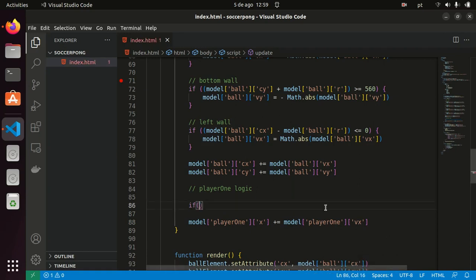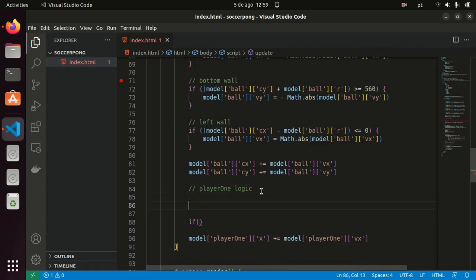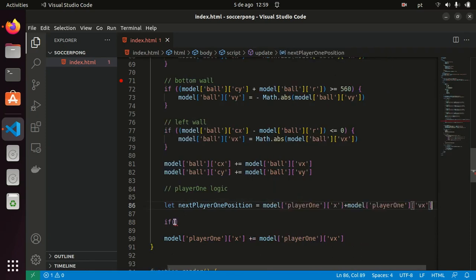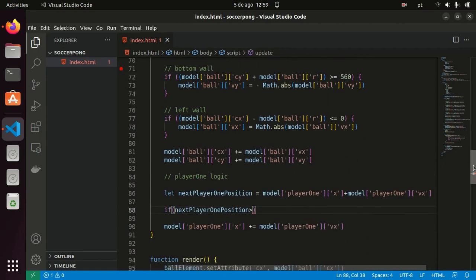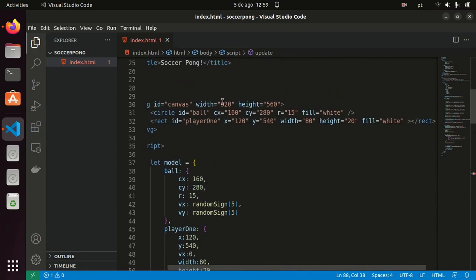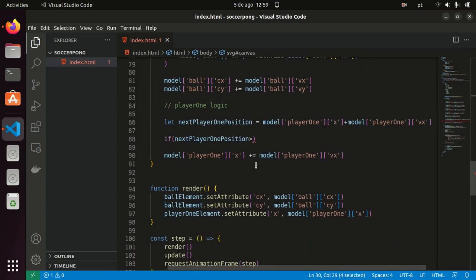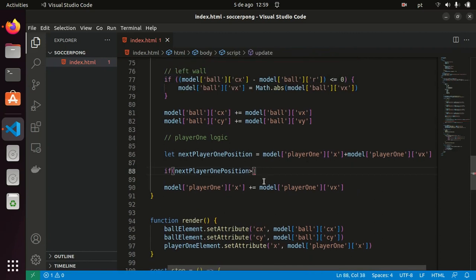So let's create a variable, call it next player one position. That's too long, but it's explaining well what this is. If next player one position is bigger than the limits of the container, which is 320 pixels. If that, where is our if? If that is bigger than 320, or if next player one position is less than 0,